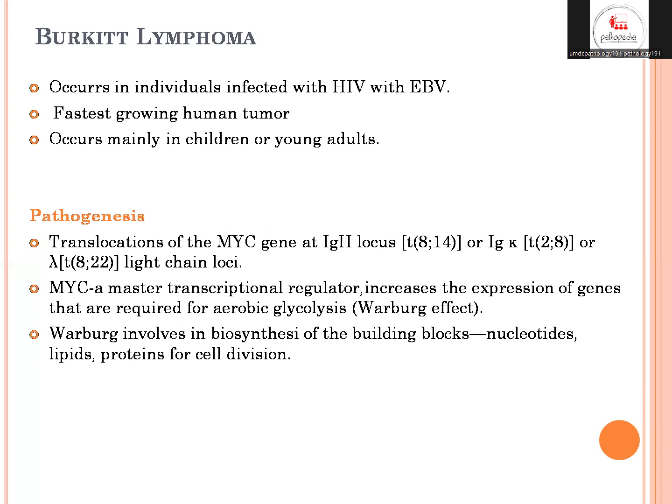Burkitt lymphoma is another type of non-Hodgkin lymphoma, occurring in individuals infected with HIV and TB. It is the fastest growing human tumor and occurs mainly in children or young adults. What's the pathogenesis? It includes translocation of the MYC gene at the immunoglobulin heavy chain locus, t(8;14), or IG kappa, translocation 2 and 8, or lambda, a translocation between 8 and 22, light